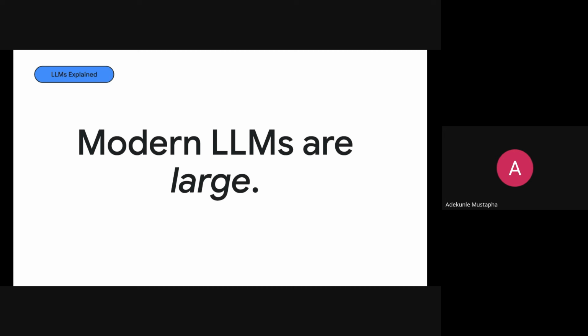So what are modern LLMs? They are very large. The current generation of large language models are trained on large, diverse data sets that represent all kinds of languages and contexts from around the web. These models typically have billions, sometimes even trillions of parameters. They capture language structure more complex than we have seen in previous generations, like your phone's autocomplete.